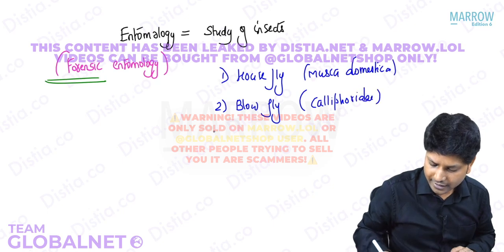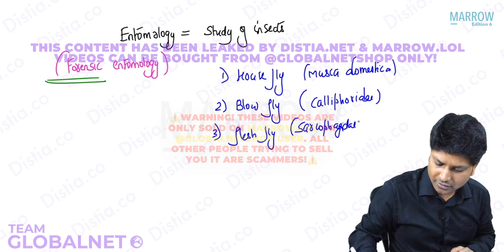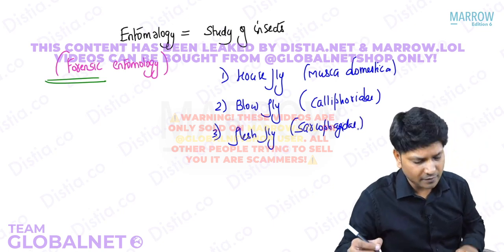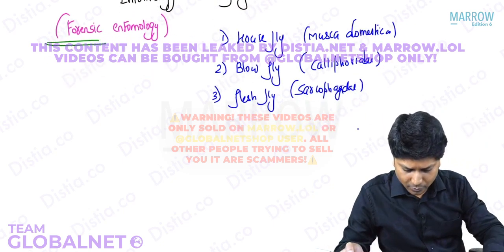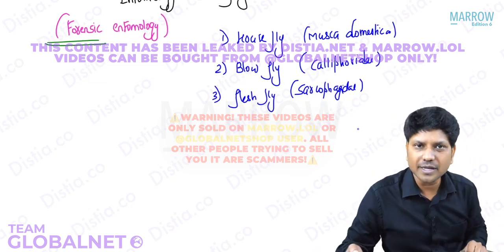Californidae. Right? And the third one is flesh fly. Flesh fly is Sarcophagidae. Do remember, these are all the 3 important species that we have to learn for MCQ purposes in entomology. When a body dies and the body is in an open place, the housefly comes and